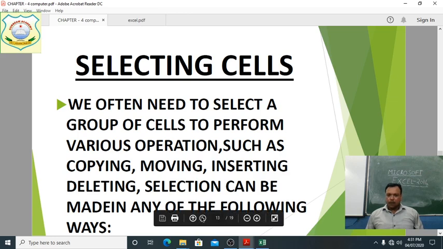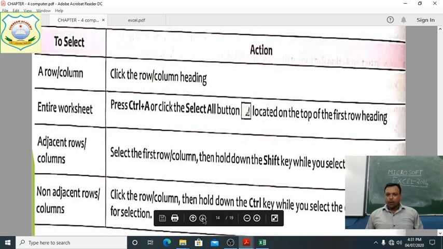Here students, with this table, if you want to select a row or column, click the row or column headings. If you want to select the entire worksheet, use the shortcut keys Ctrl+A or the select all button.